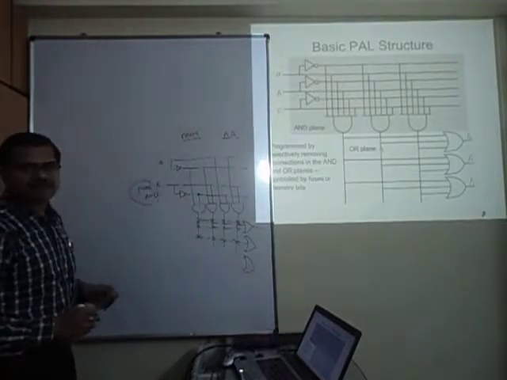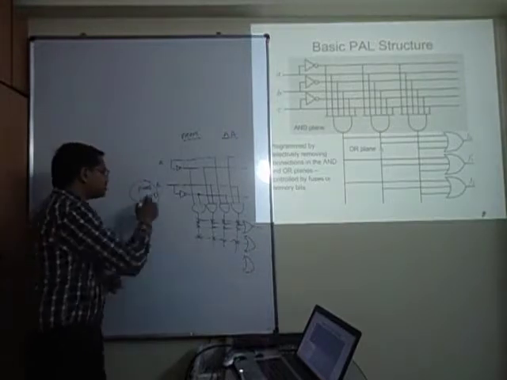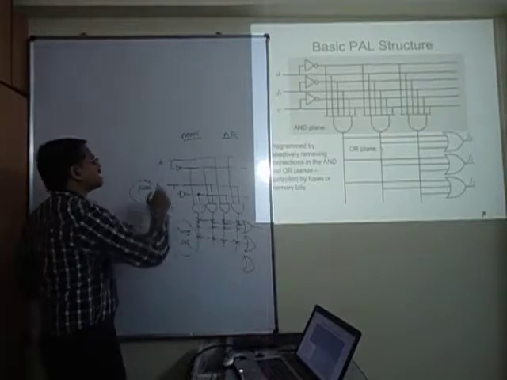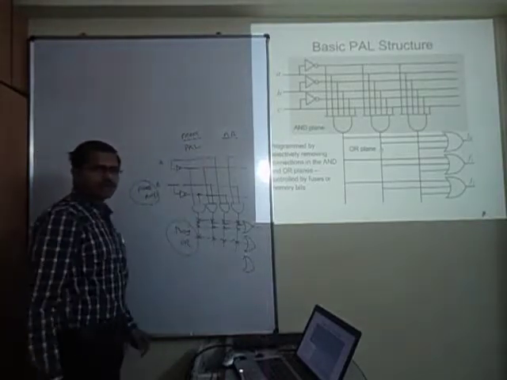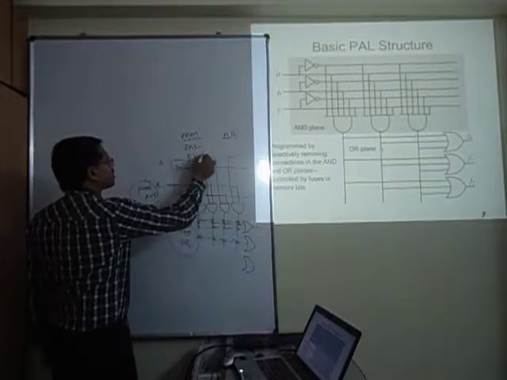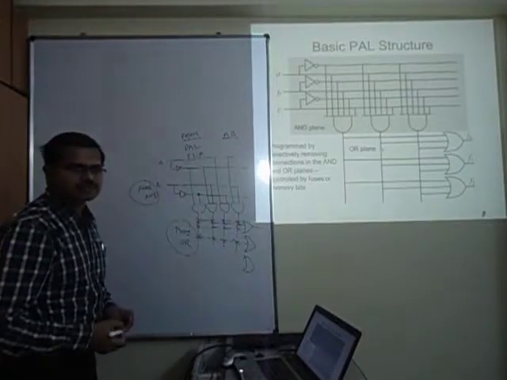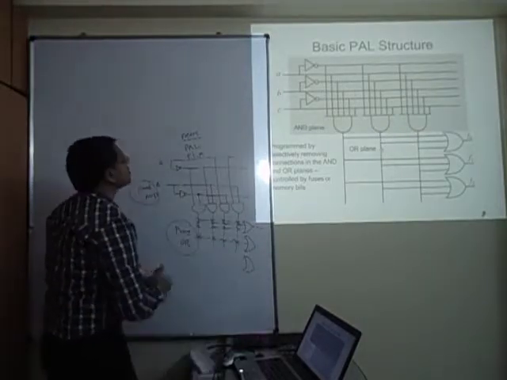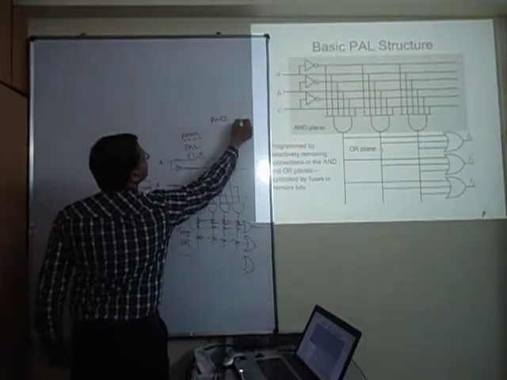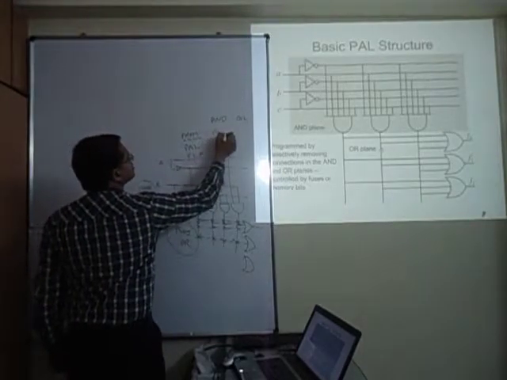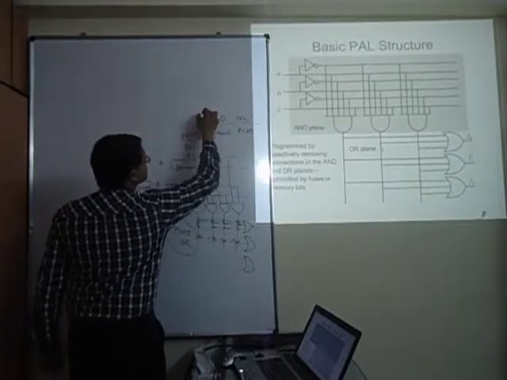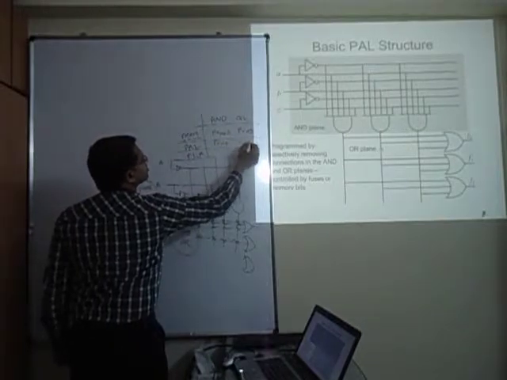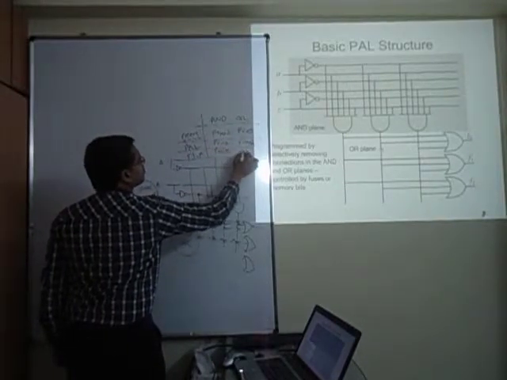Now variants of this you can visualize. Let us say this is fixed and this is programmable. If you have the reverse, then it is called PAL, programmable array logic. If you have both programmable, then it is called programmable logic array. You got it? So the summary goes like this. This is the AND plane and this is the OR plane. In case of PROM, this is fixed and this is programmable. In case of PAL, it is the reverse. This is programmable and this is fixed. In case of PLA, both are programmable.